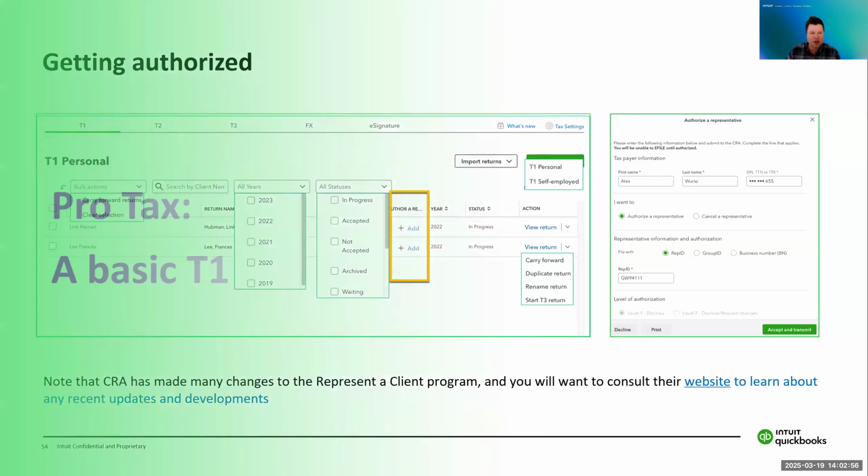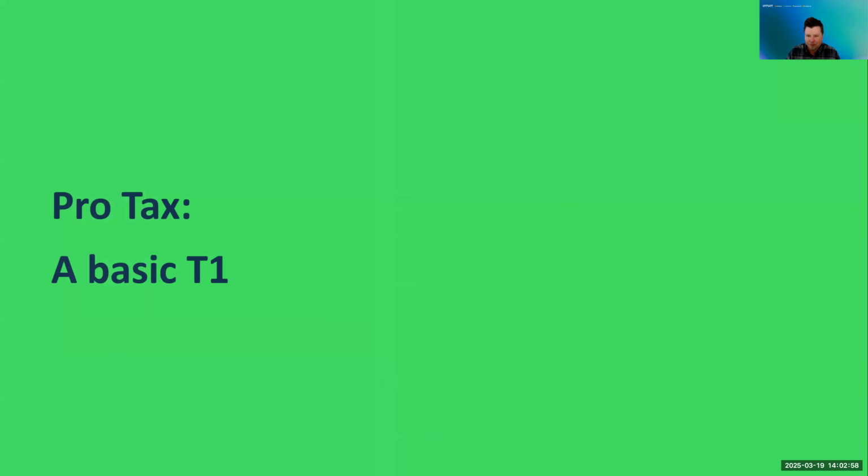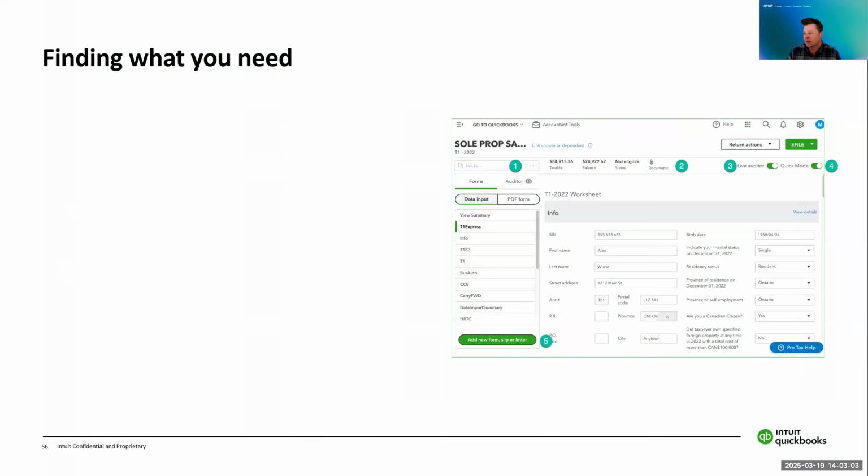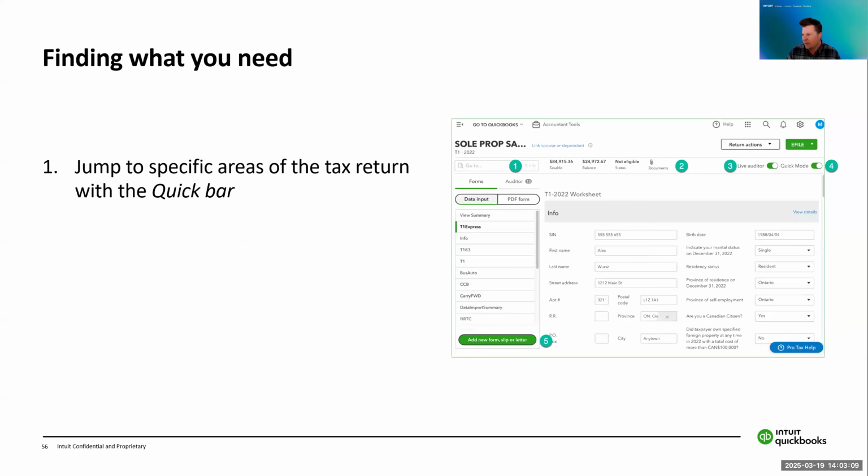Okay, so let's go into a basic T1. I've given you a little bit of an idea about the T1 and some of the navigation. We've seen the quick bar as I mentioned in area number 1. We've talked about the attaching documents feature in number 2.